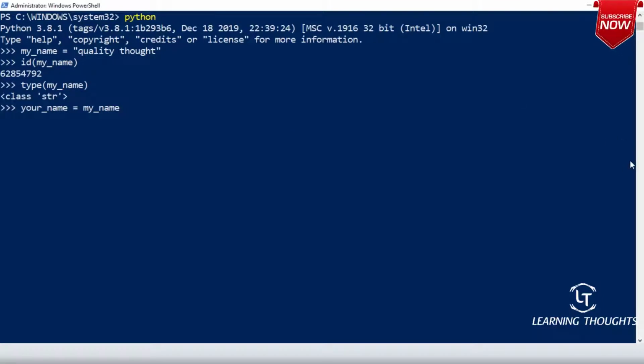What do I mean by this? Whatever is present in my_name, assign it to your_name. Yes or no? Assign the value is what we will think of. In Python, the stuff works differently, but let us go with the assumption that we are assigning the value of it.